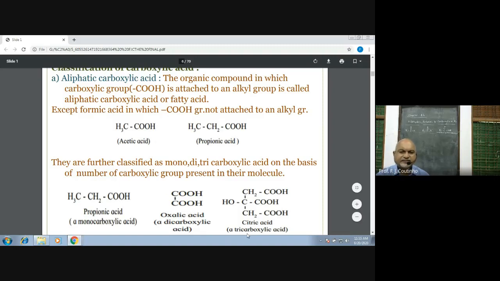Here it is, CH2, C double bond OH. Here is a carbon, COH. So there are three carboxylic groups, where it has CH2, C, and CH. There are three. That is propane. And here there is a hydroxyl group. So the name of this structure, commonly we call it citric acid.